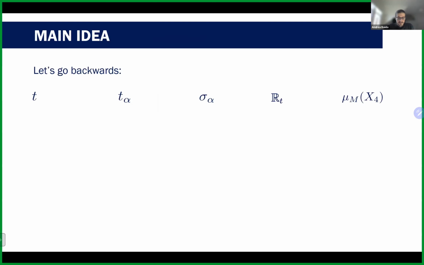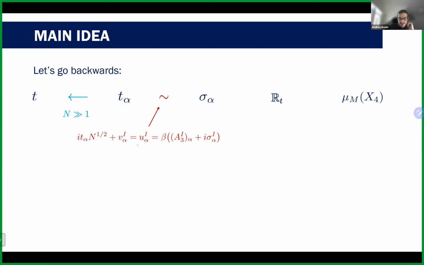Okay. So what we want to do in the end is reproduce this function from geometry. Let me already tell you the main idea that we followed here. Going backwards, we have this continuous variable t, which arose by taking the large n limit of this T alpha. Now, these T alpha are clearly directly related to the sigma alpha, which are the vev of the scalars in the localization locus.